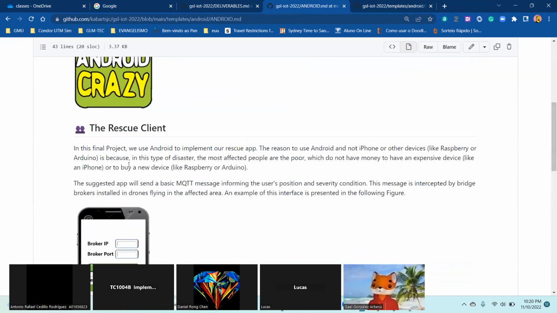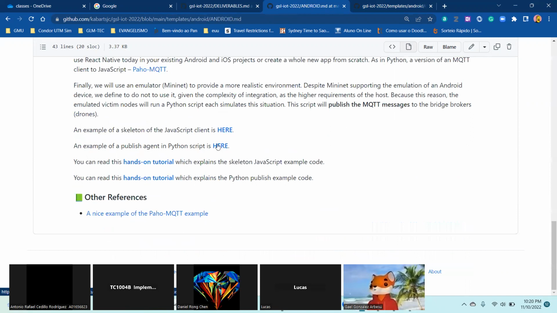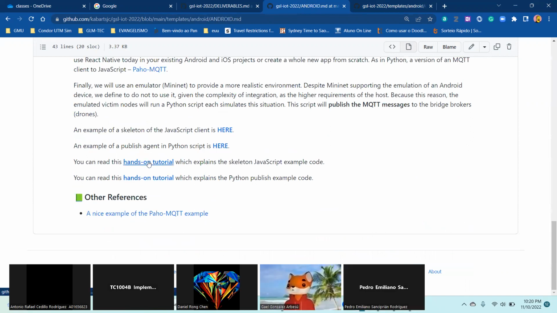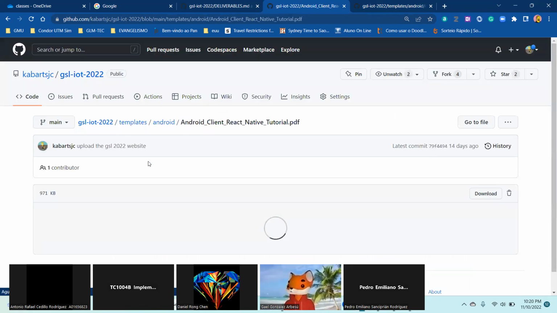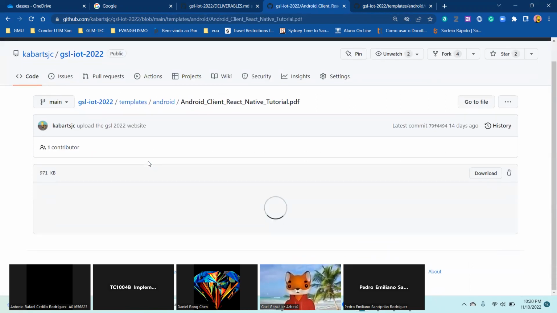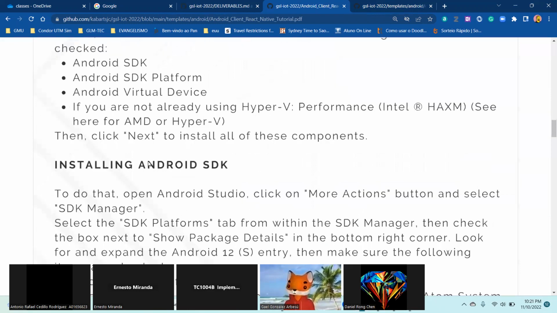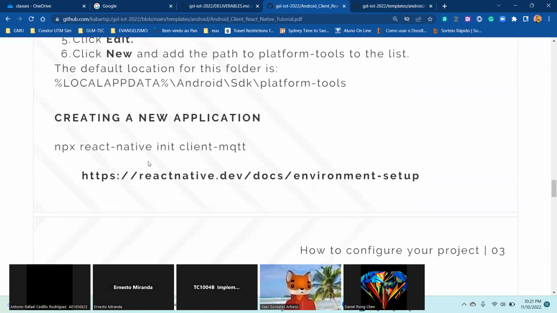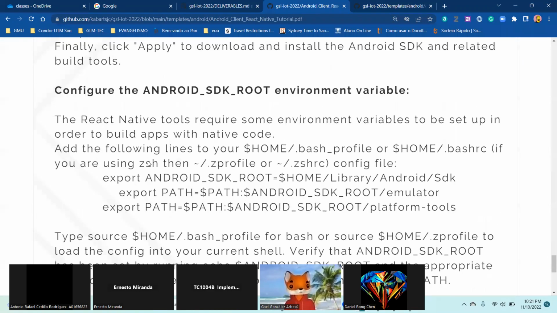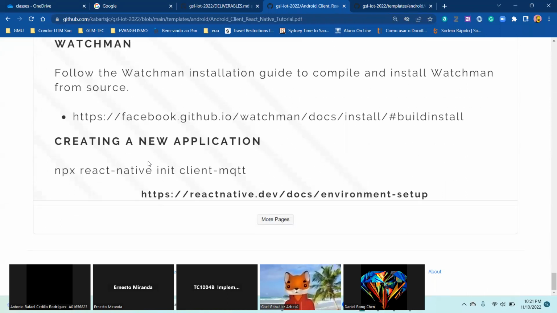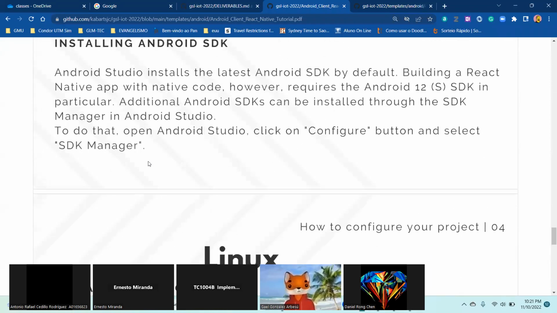Also, you have this PDF where I explain a little about React. There is some information on how to install on Windows, Linux, and Mac, and how to use and compile the software.